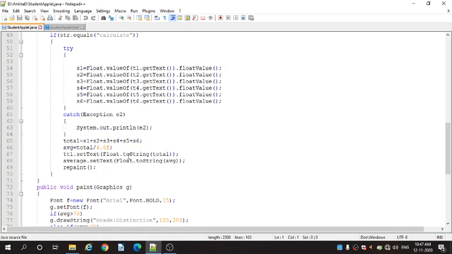So we need a type converter, that is float to string, and with its help we convert the value of total and write it to the input control tt1. In the same way we convert the average from float to string and write it to the average input control. After that we call the repaint method.